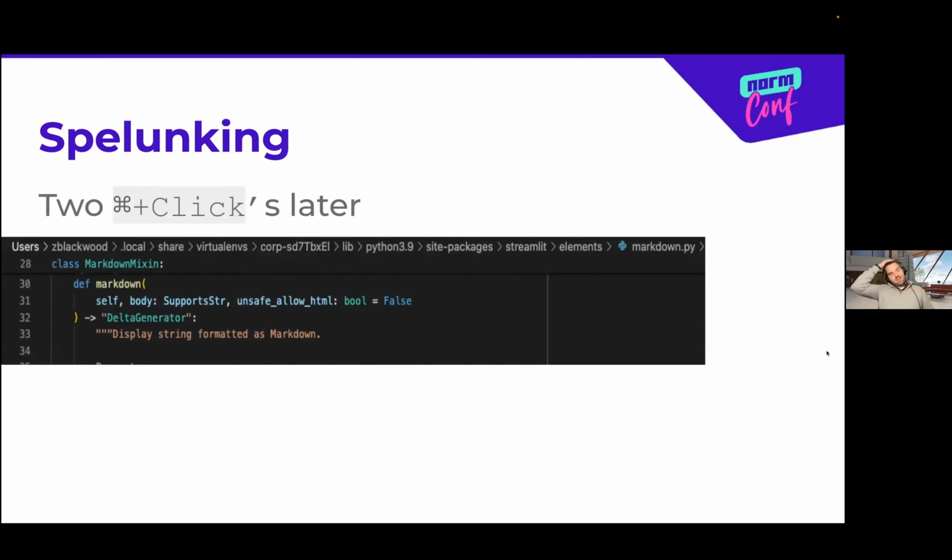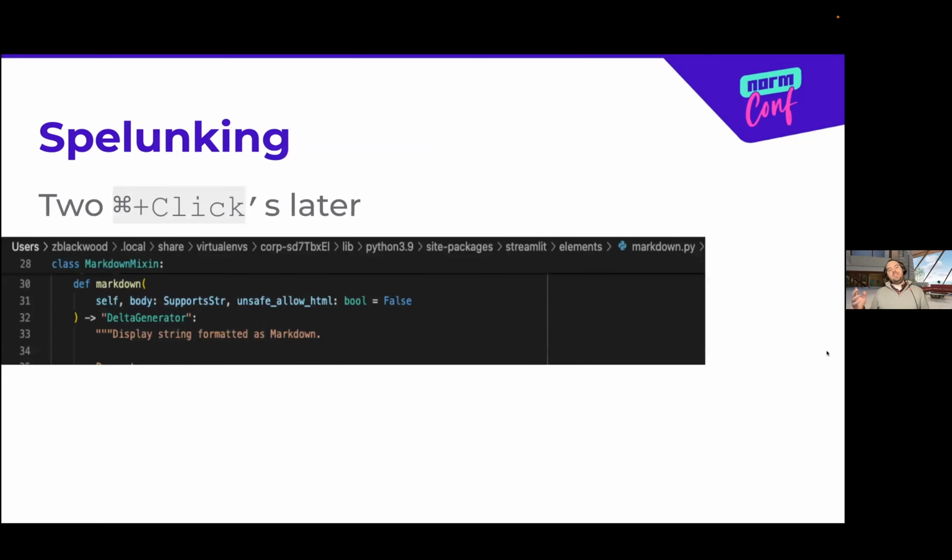So one of the very handy things about many editors is you can actually go from your reference to a particular method, in this case, to the actual method itself. So with a couple of command clicks, in my case, here is the actual code behind that.